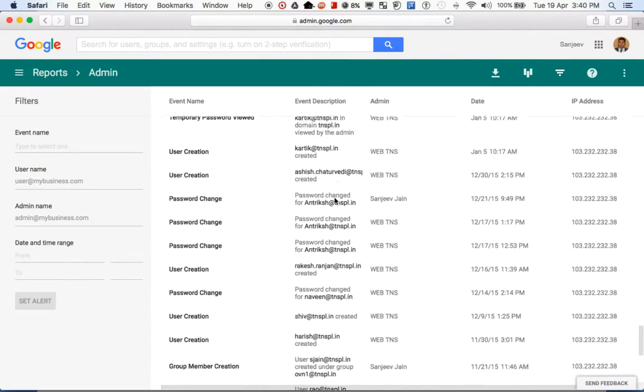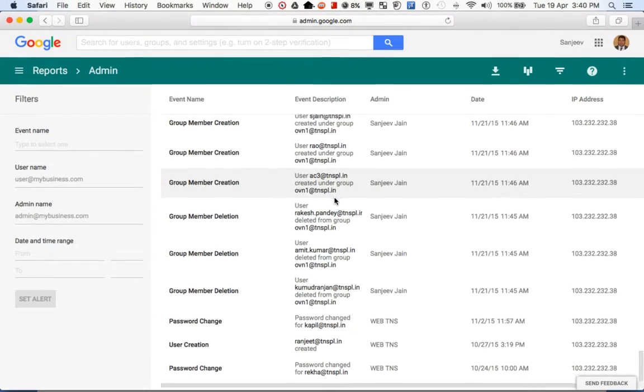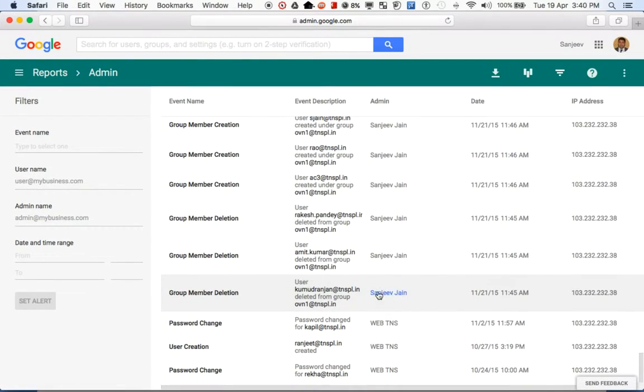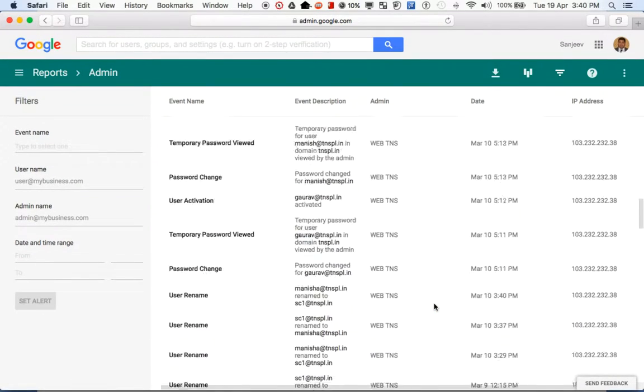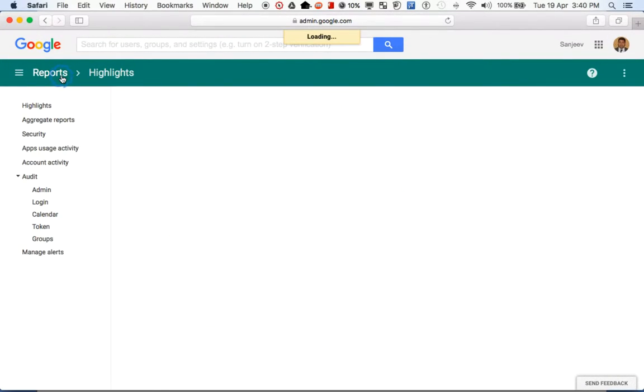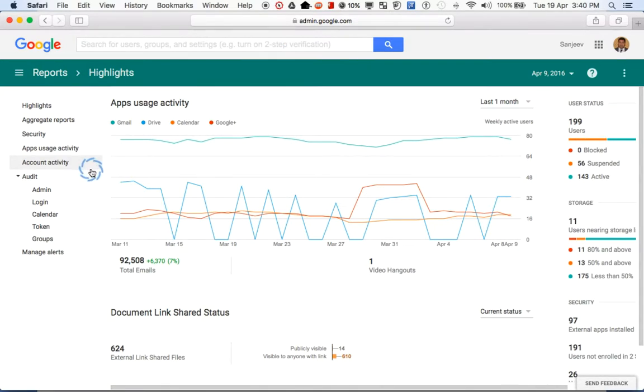So it gives you a history of what was done, and you can see it's almost 6 months of history, from 24th of October up to April. So this can be important for you to verify in case something happens.